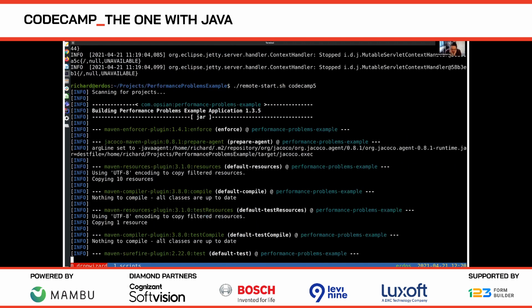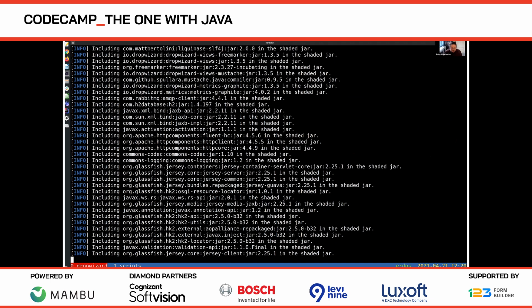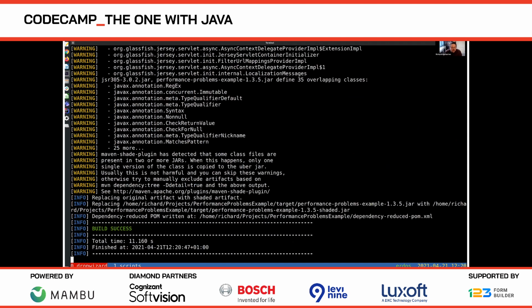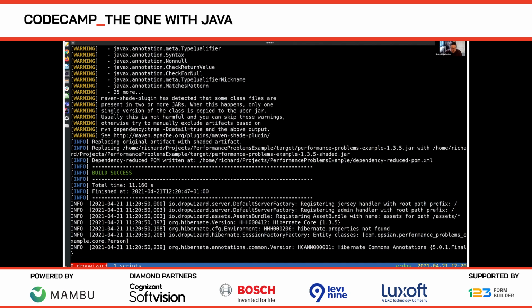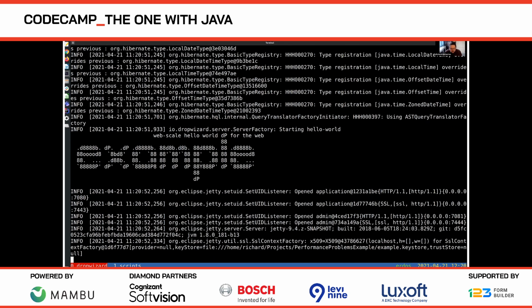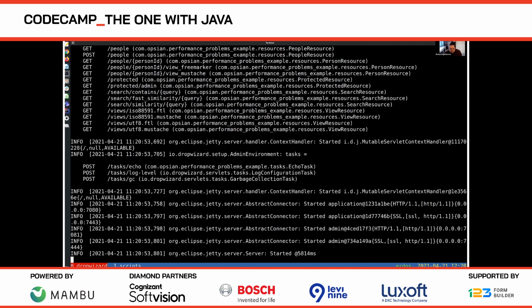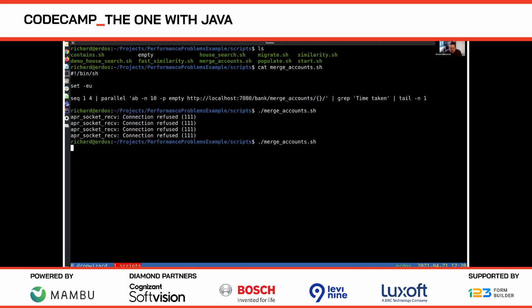So once we run this benchmark, we are going to run this merge accounts benchmark. That is going to try and merge in data from our legacy bank service and bring it into the new service. What it's actually doing doesn't necessarily matter that much from a performance point of view.